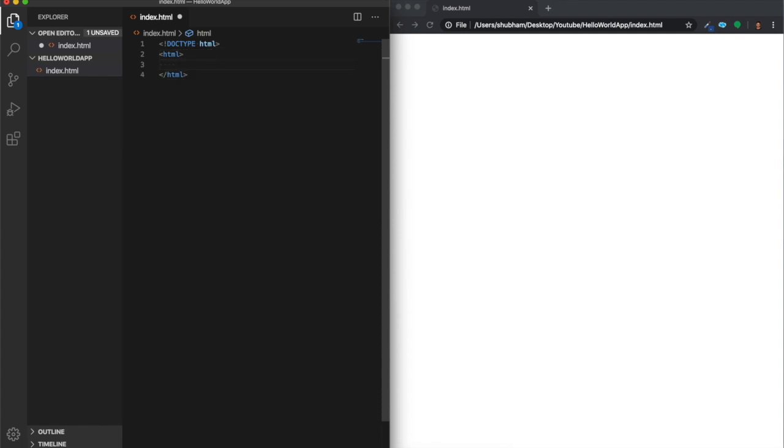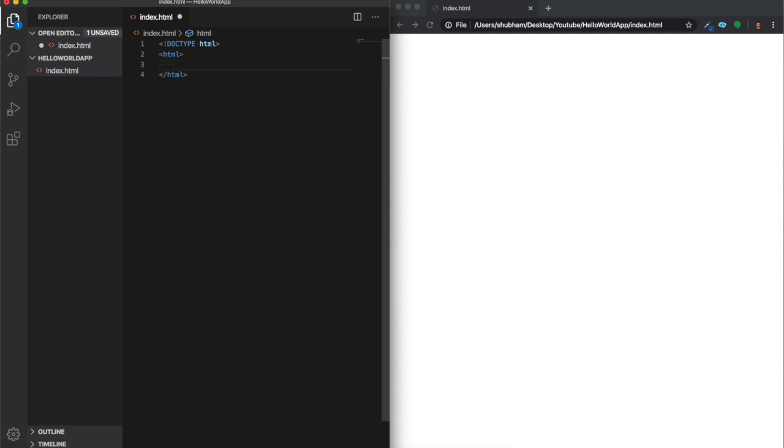Okay, whenever you open a tag you have to close it first and then write the inner code. Never practice writing code into it and then closing the tag. No, first close the tag and then write your code into it. Okay, so you write the HTML tag. In HTML there is